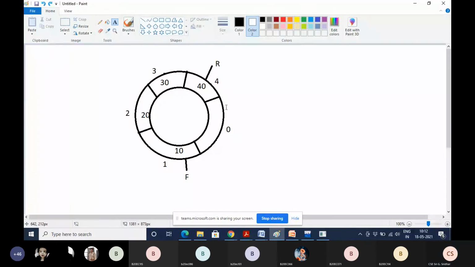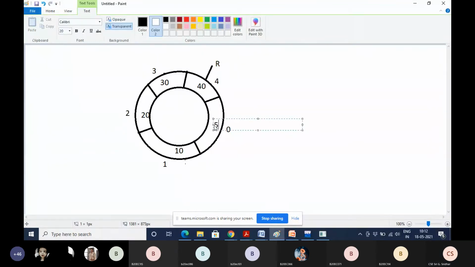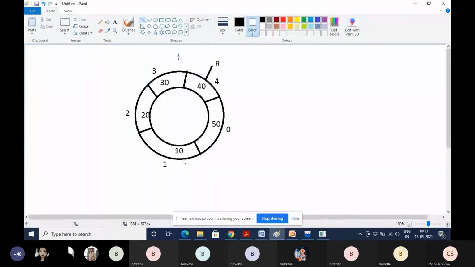What does it represent if it is like this?